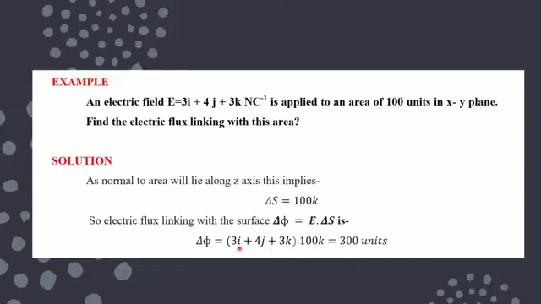If I am taking dot product with itself, then only it is 1. i dot i is 1, because i dot i means i cos theta, 1 cos theta, and cos 0 is 1. Similarly, j dot j is 1 and k dot k is 1. But because here there is no component of dot product with i and j, that will not be considered. Only we have to take k dot k. k dot k will be 1, so 3 into 100 will be 300 units. Units you already know, Newton meter square per coulomb. So you will write the units.